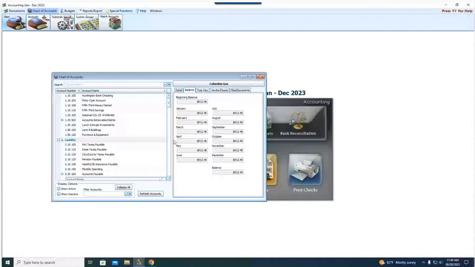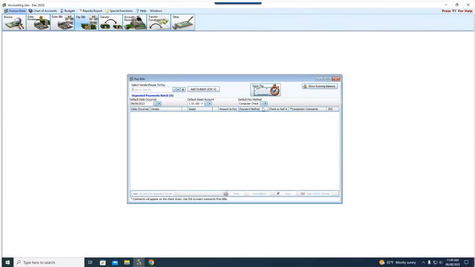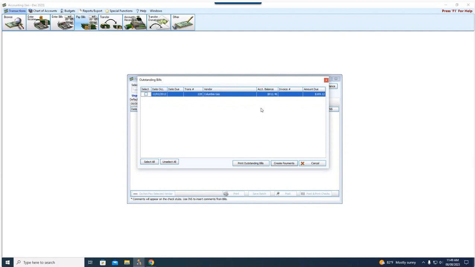Okay. But what if I don't? What if I just simply want to clear the bill out? Since I can't go back into 2012 and mark it as paid, what do I do? Well, here's what I would do. I would post a dummy payment on, say, October 8th for $912.46. We're kind of proverbially killing two birds with one stone, folks, okay? So we're using this one payment transaction to both mark our bill as paid and to clear out our account